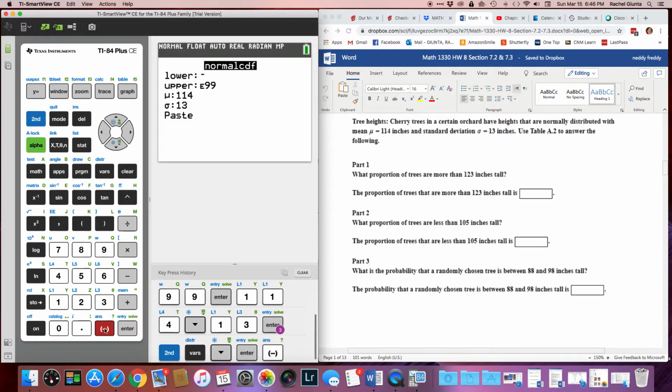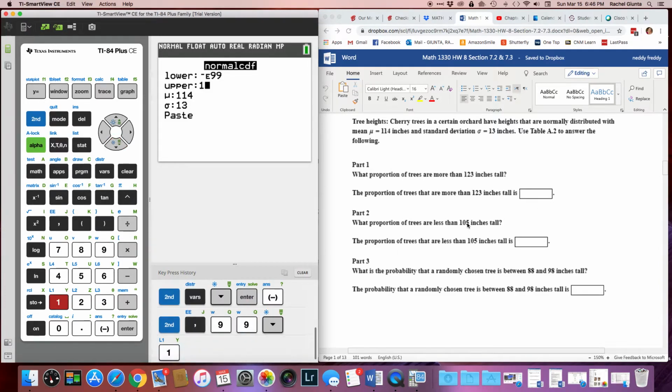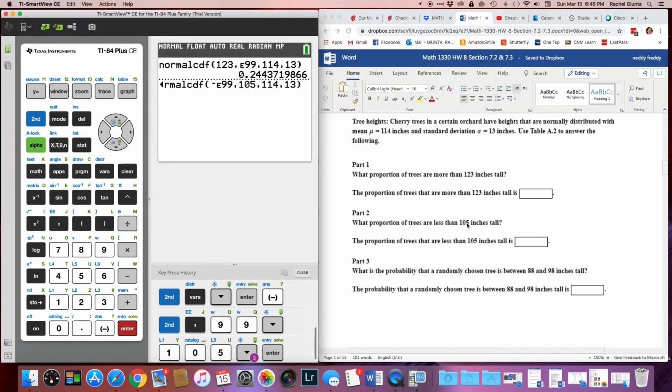And if 0 makes more sense to you, you can actually put that in too, and you'll end up with the same answer conveniently. So negative 1E99, so somehow that is a tree that is negative infinity inches tall, and up to 105. Mean and standard deviations stay the same, and we get